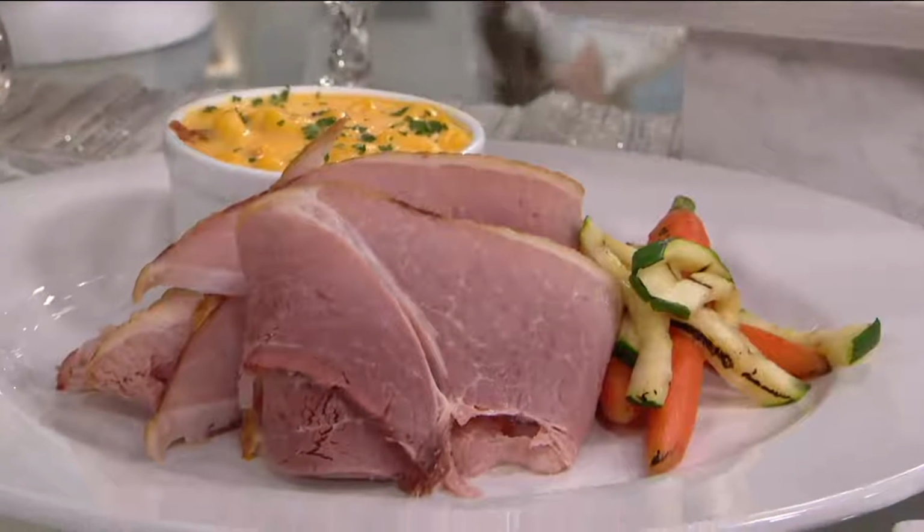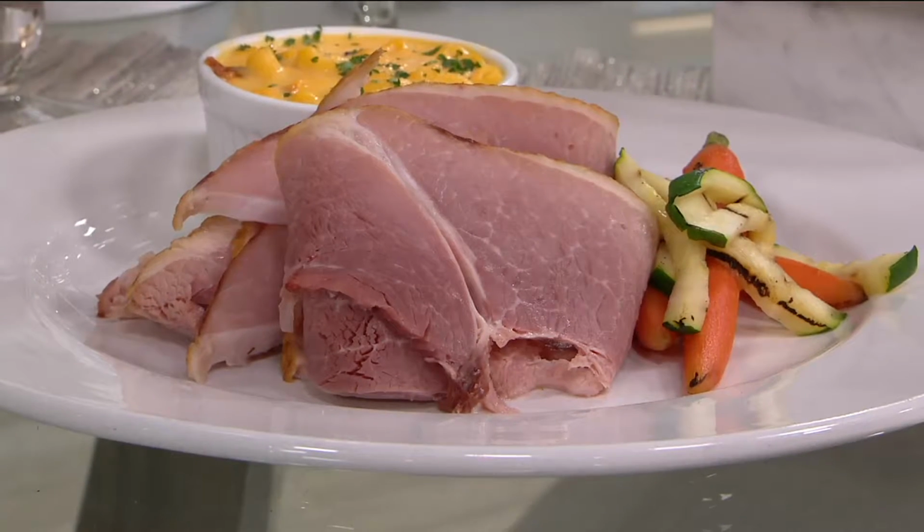Oh, this is our steak company. This is the 7 1/4 to 8